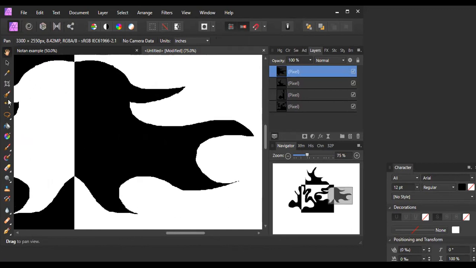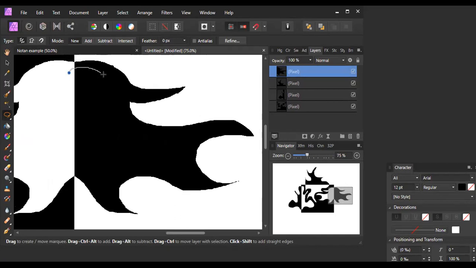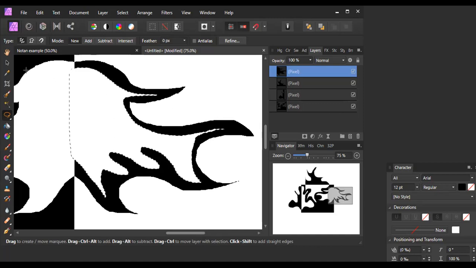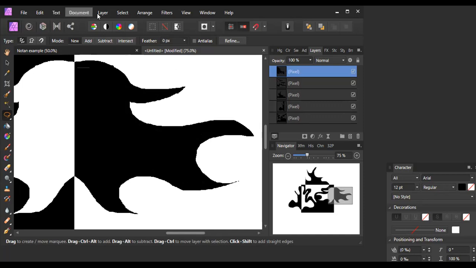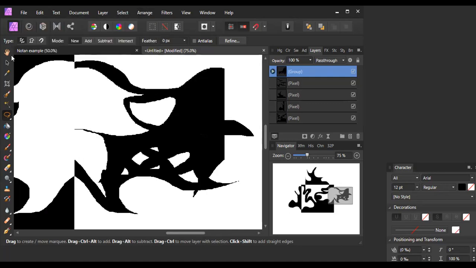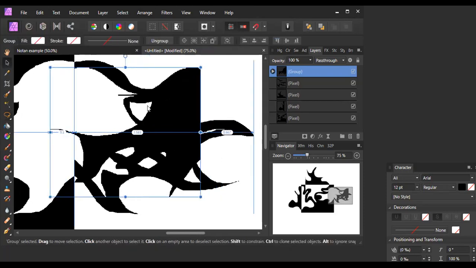Okay, I'm going to work with this one in particular. You would want to then make some more selections, and they don't have to be mirror images here. I can do different kinds of things here. And you just release when you want your selection to be completed. I'm going to hit Control X, gets rid of it. Deselect by double clicking, Control V, and then Arrange, flip horizontal. There we go. Go back to our move tool, bring that over,